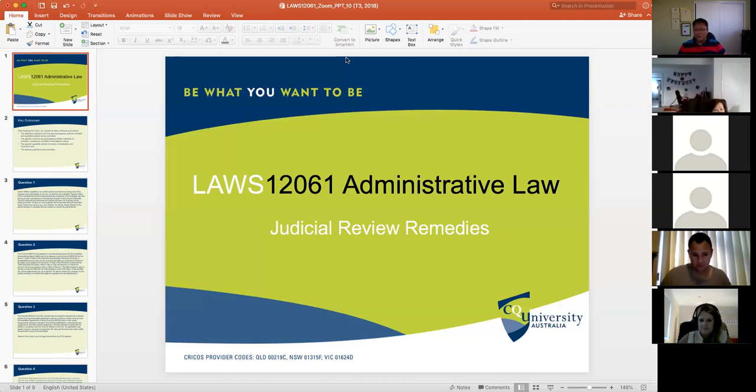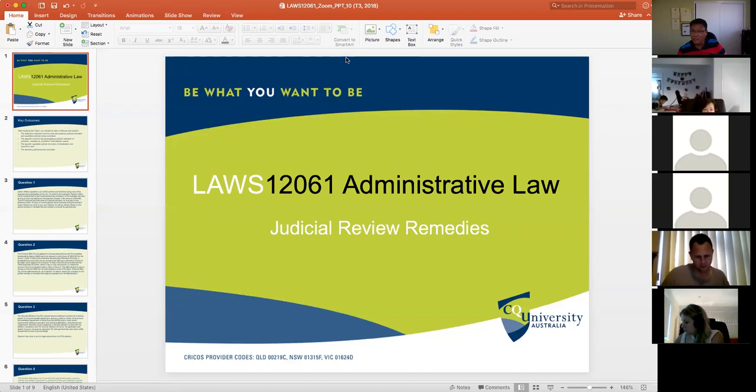Okay. And so this is also important to point out that when we had the midterm assessment, our focus was whether or not judicial review was available, and essentially, the midterm assessment tried to ask you to identify the grounds for judicial review. In the midterm assessment, we were looking at unauthorized decision-making and natural justice as possible grounds for judicial review. The crucial point about the final assessment is that not only must you be able to identify a ground for judicial review if there exists one, but you need to be able to identify as well the specific